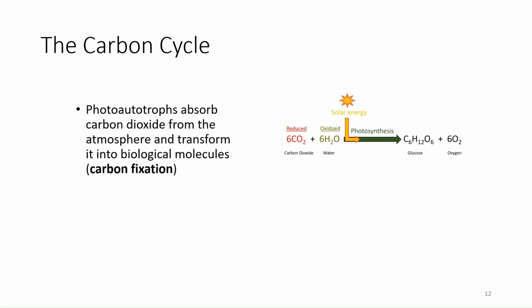In our discussion of cellular respiration and photosynthesis, we looked at how carbon flows through living organisms. Carbon is found in the non-living system of the atmosphere in the form of carbon dioxide gas, and photoautotrophs absorb that carbon dioxide and transform it into biological molecules like carbohydrates. This is referred to as carbon fixation, capturing the gaseous carbon from the atmosphere and fixing it into other biological